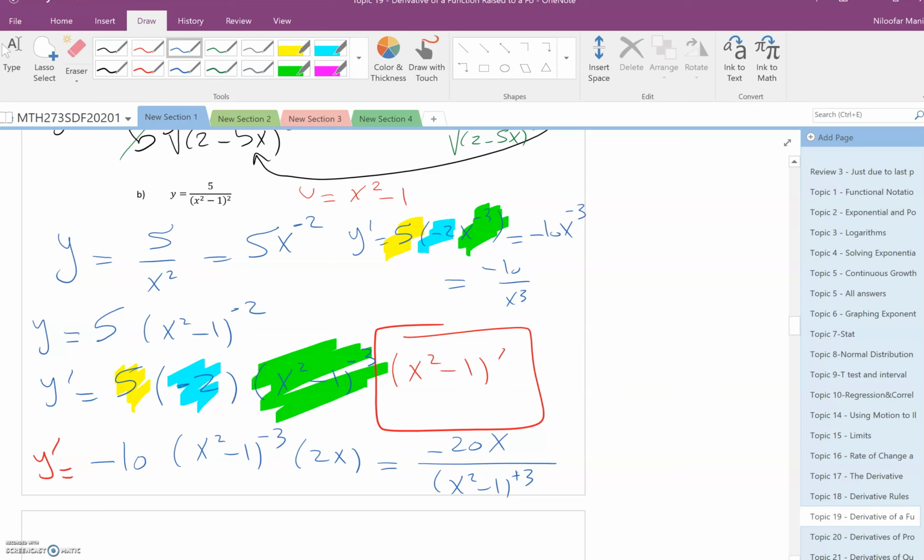Yes? Okay, so let me see. Am I correct here? Yeah. Okay, so it's correct. So I do this power. It's minus 10, this power minus 3 and times 2, which is minus 20. Okay, so I have to see what is u. I have to find the answer. I have to substitute u and times with u prime. This is extra and this is important. A student missed this part. Okay, so I make the next video, so